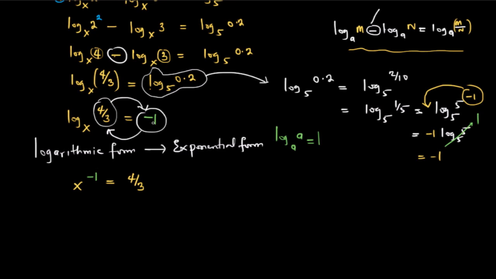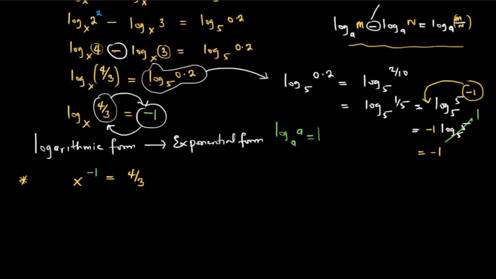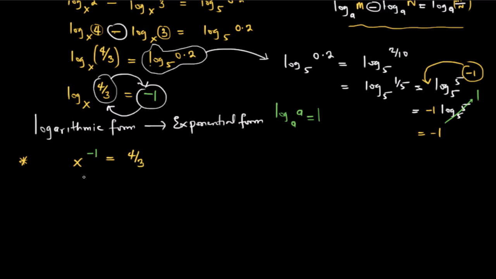You'd observe that when I made the change, the new equation I obtained does not have the log symbol anymore. So this is now an exponential equation. It's exponential because of the exponent you can find here. And x to the power -1 is the same thing as 1 all over x, which is equal to 4 all over 3. So from here you could just cross multiply. So you have 3 equals 4x, and to find x you can just divide both sides by 4. So you have 3 all over 4